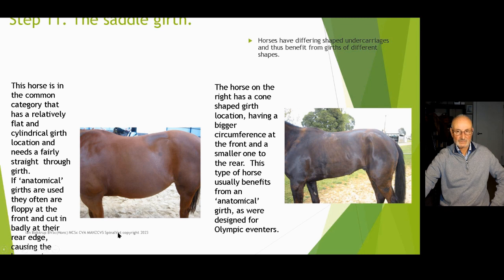If you use what's known as an anatomical girth, like the ones that were used for the Olympic horses, those ones were made for horses like this, where the circumference of the front of the girth was bigger than the circumference of the back of the girth, and they were shaped accordingly and had a bit bigger circumference to the front and smaller to the back. If those anatomical ones are used on horses like this, then they cut into the belly and make the horses